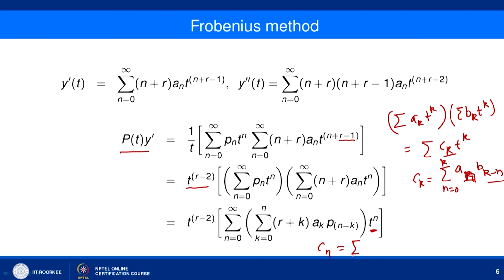Summation k from 0 to n here, and then here we find out p k. So, here we can say that this is b k and this is a k. So, here we can write n, here it is r plus k a k. So, this we are writing, and the other one is n minus k, so it is p n minus k. If you look at this, k and n minus k, if you sum them, is going to be n here.